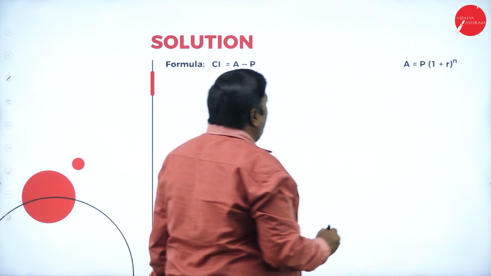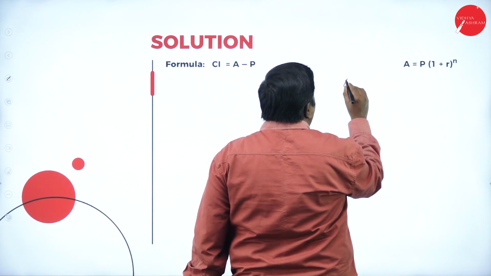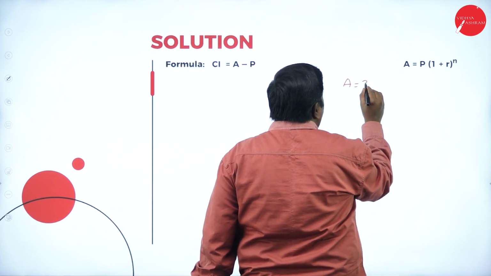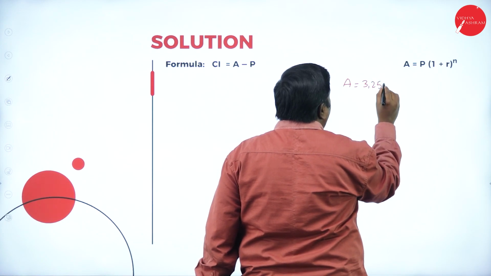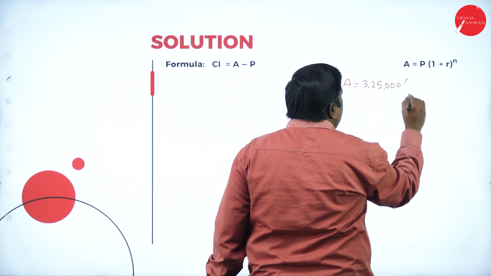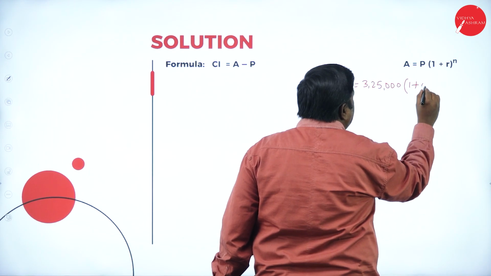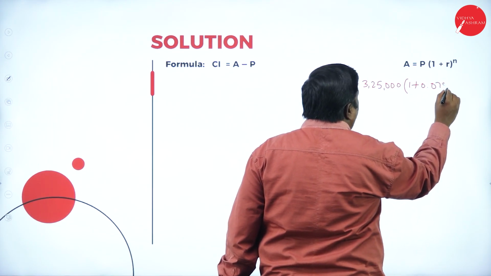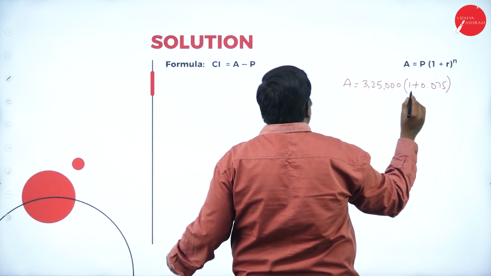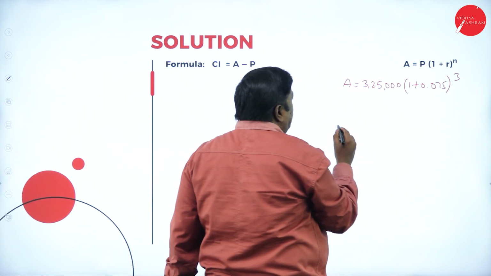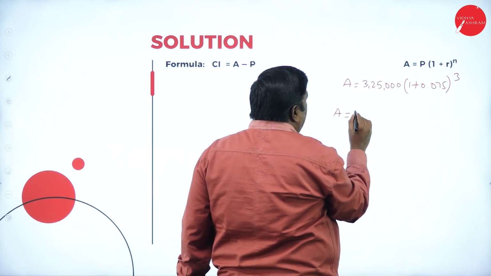0.075. Now, annuity is equal to 3,25,000 into 1 plus 0.075 to the power of 3 years. A equals